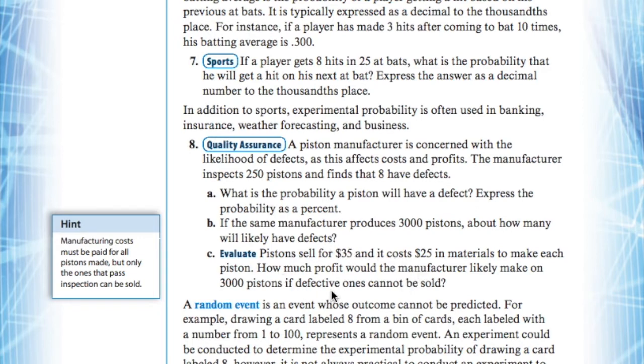Now, what about the 96 that you didn't make? You would take that 96, multiply by $25, and subtract that from your overall profit, because that's what you're actually missing out on if you calculated just your straight profit from the 35 without subtracting. So we did that in two ways. Your overall profit is $26,640, or you could calculate 3,000 times 35, get your total, and then subtract 25 times 96 from that overall value. You'd still get the same answer of $26,640.